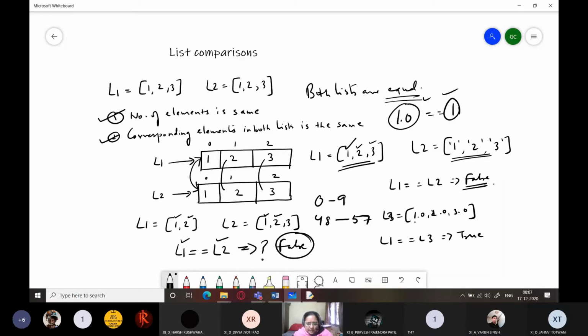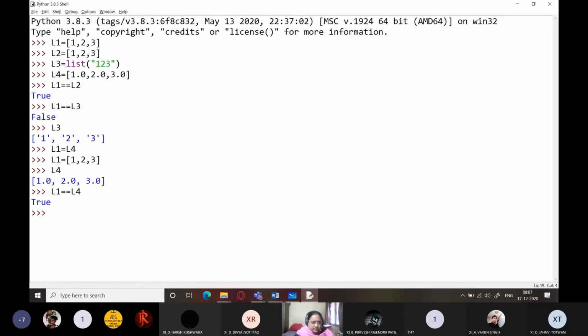Understood? So that is why these two lists will be considered the same, because they contain the same number of elements and the elements at corresponding locations are also the same, but the same doesn't go for this one. Okay. Now let me give you one example. I have L5 and within L5 I have written 1 comma 2 comma 3, right?